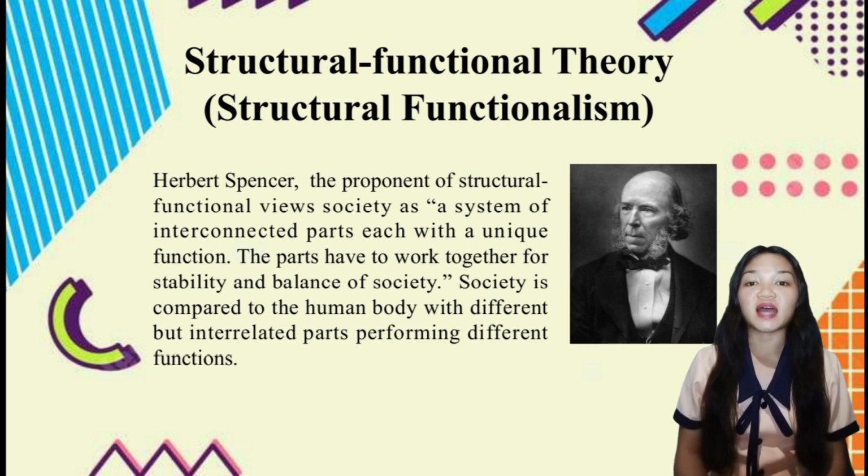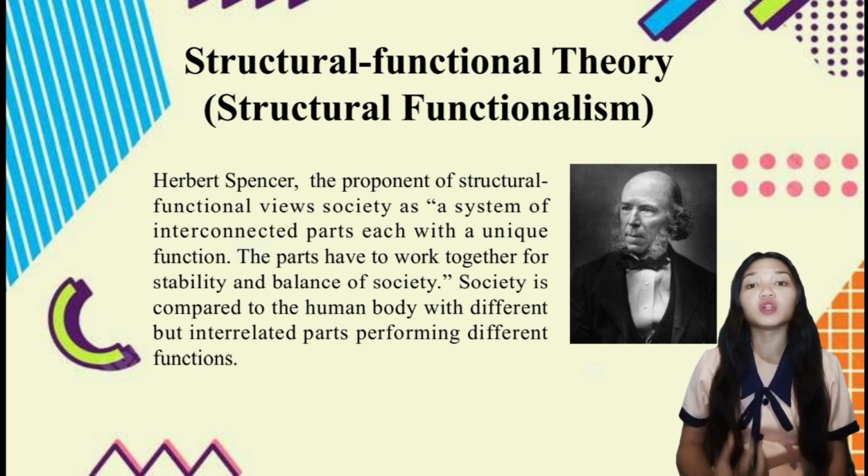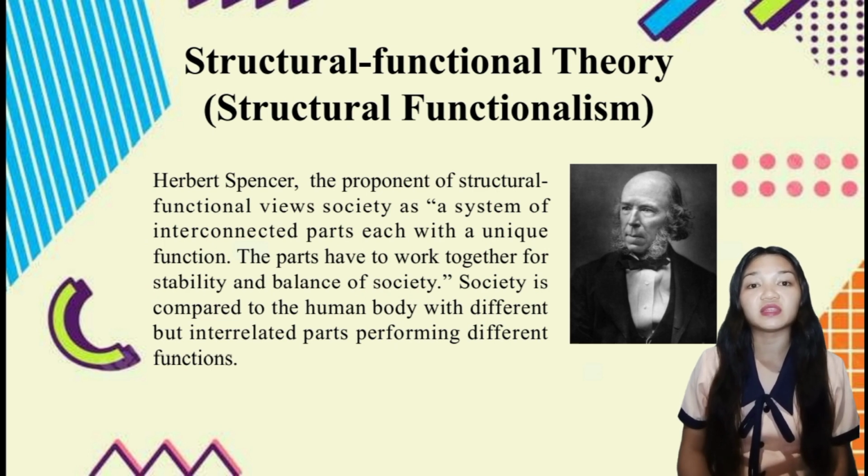Just as the human body has many parts, society has different but interrelated components such as family, the state, the school, the church, mass media, and economics. These must coordinate and collaborate for society to function well. If one part of the human body does not function well, the whole body is affected. In the same way, when one component does not do its part, society will not function well. The overall health of the organism or the society depends upon the health of each structure.